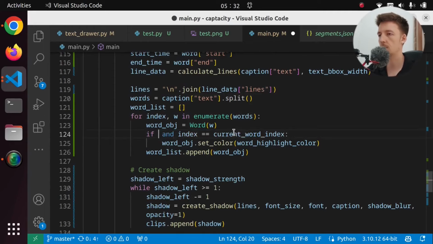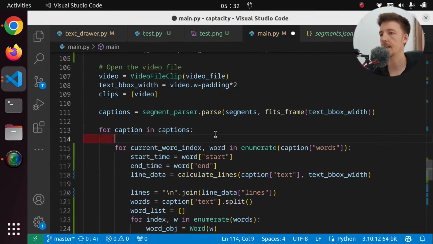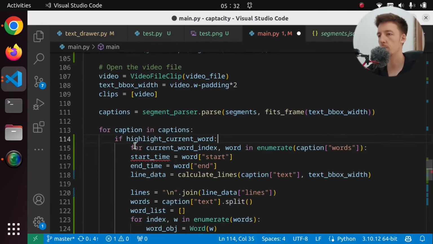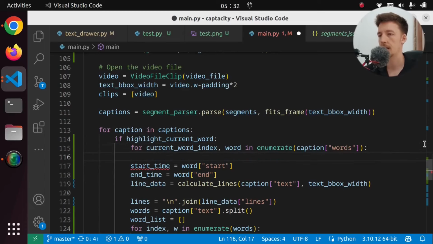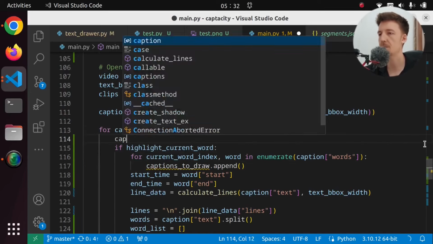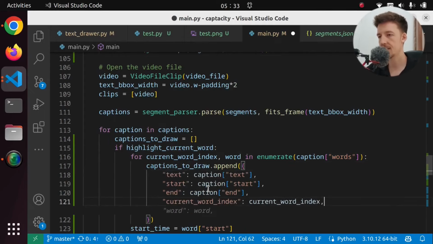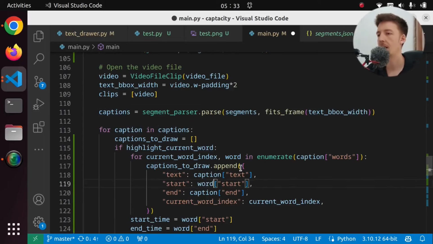Let's take the highlight current word from here. And if highlight current word, then we are going to loop through each of the words, and captions to draw is going to be append. Let's define it here. Captions to draw is an empty list. And if we want to highlight the words, then we loop through each of the words and we add to captions to draw the text of the caption, the start of not the caption, but the word, and the end